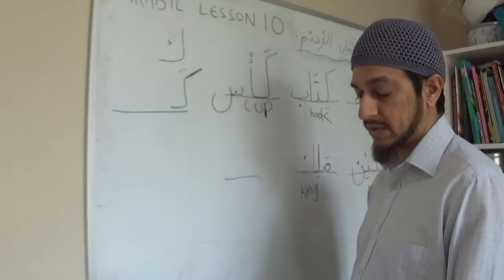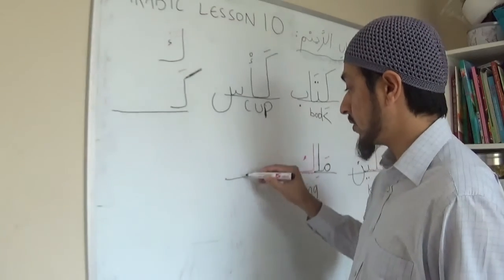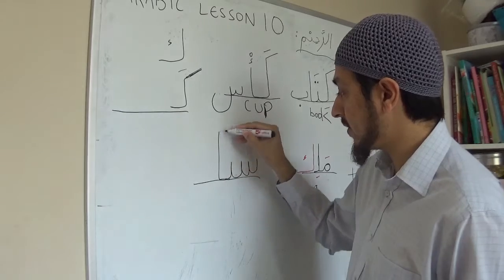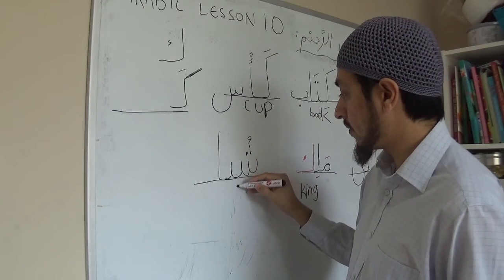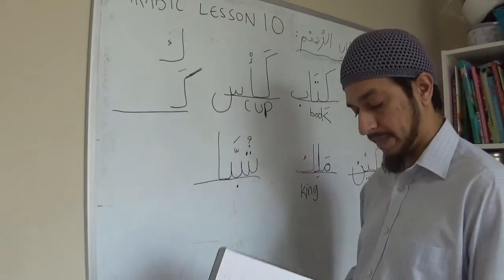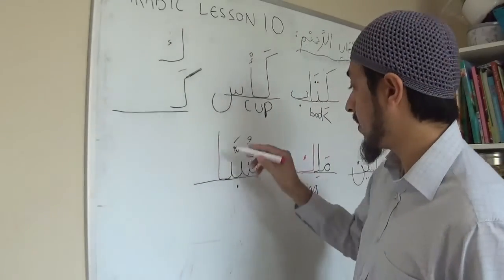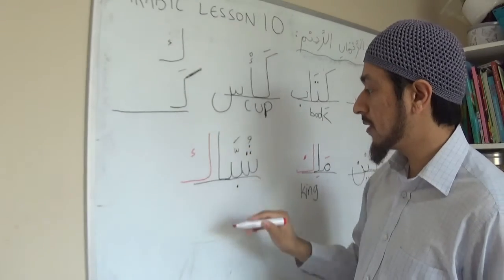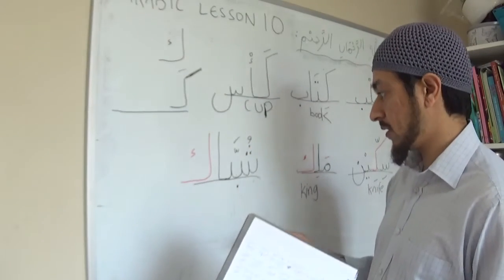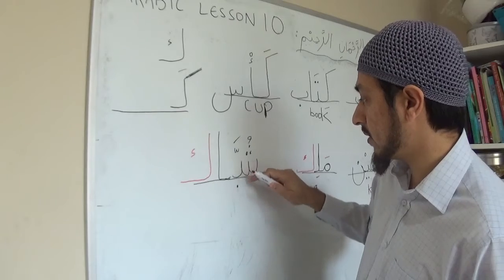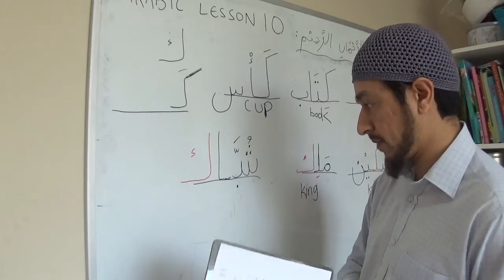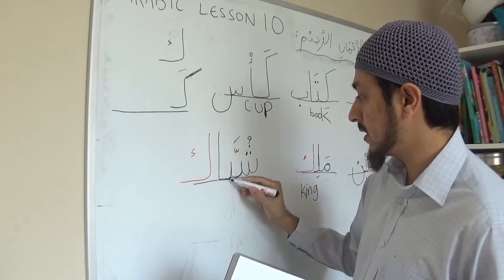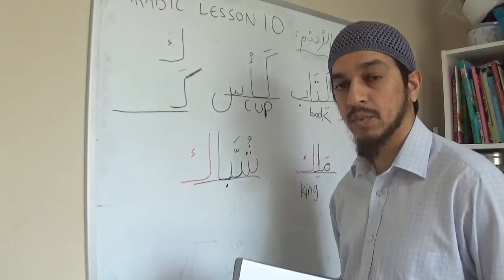And finally the last word is shubbak, which is window. We start with the sheen on top, goes to a ba, goes to an alif, shubba, and we finally finish with the kaf in its full form. Here it was joined to the lam, but now finally it is by itself. Shubbak. Sorry, this was just wrong. It goes straight from... No, that was right. The sheen part goes to join the ba part. The dot was in the wrong place. Shubbak. Window.